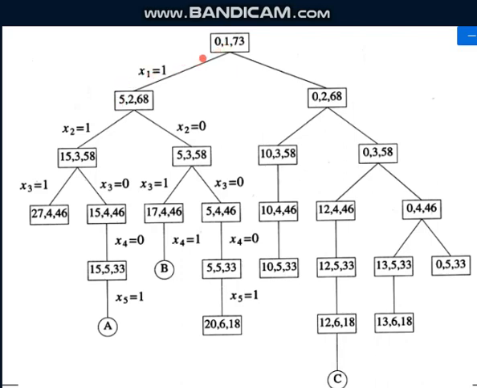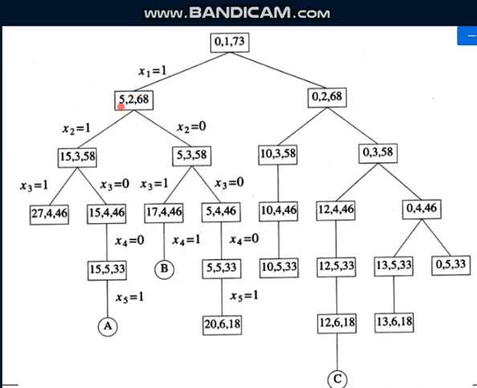See, look at this. So here you have 3 values. Listen to this carefully. The first one indicates the sum, the second one indicates which element we have included, and the third one indicates the sum of the remaining values in the set. So initially when we have not included any of the elements in the solution set, the sum of all the values in the main set is 73. So 0 indicates we have not included any elements. 1 indicates we will include the first element in this set.